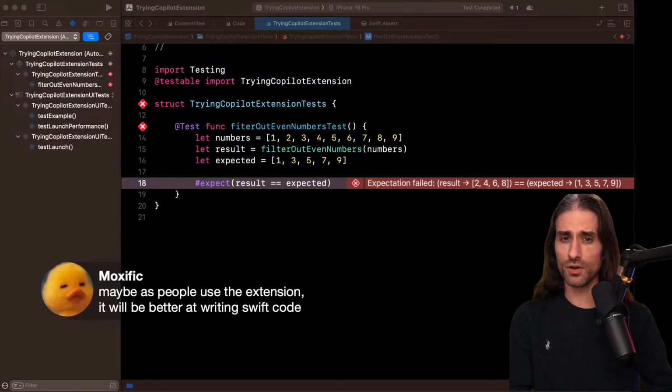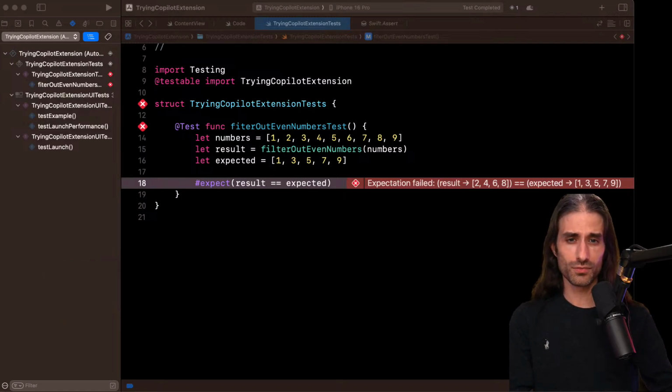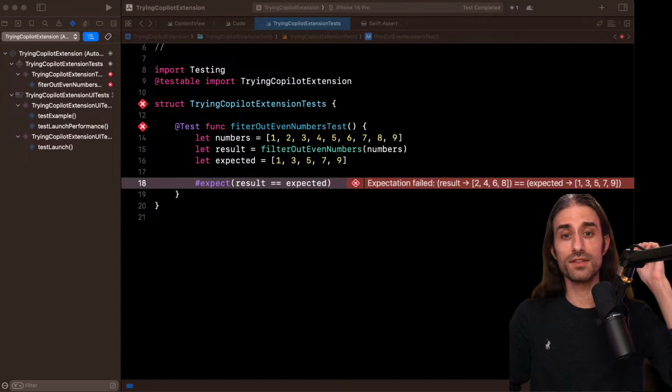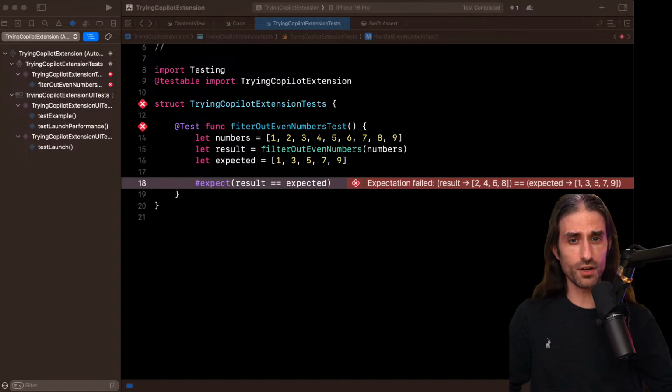Maybe, even though, from what I understand, Copilot is trained using GitHub. So I think there is already a lot of Swift code on GitHub, and I don't think you would choose not to put your code on GitHub because you use Copilot as an extension. The two do not correlate a lot. So maybe it will be able to gather statistics. By the way, I haven't checked what their policy on that is. So maybe it will be better. Maybe it will understand better indeed.